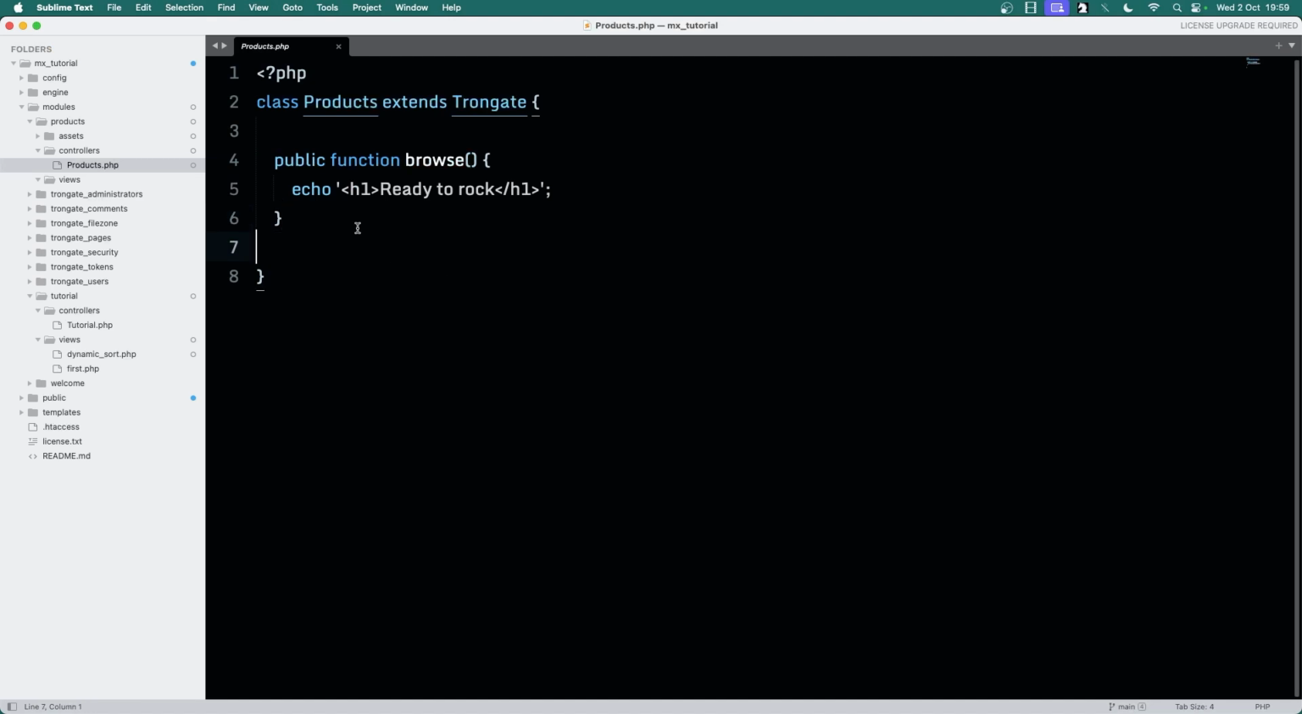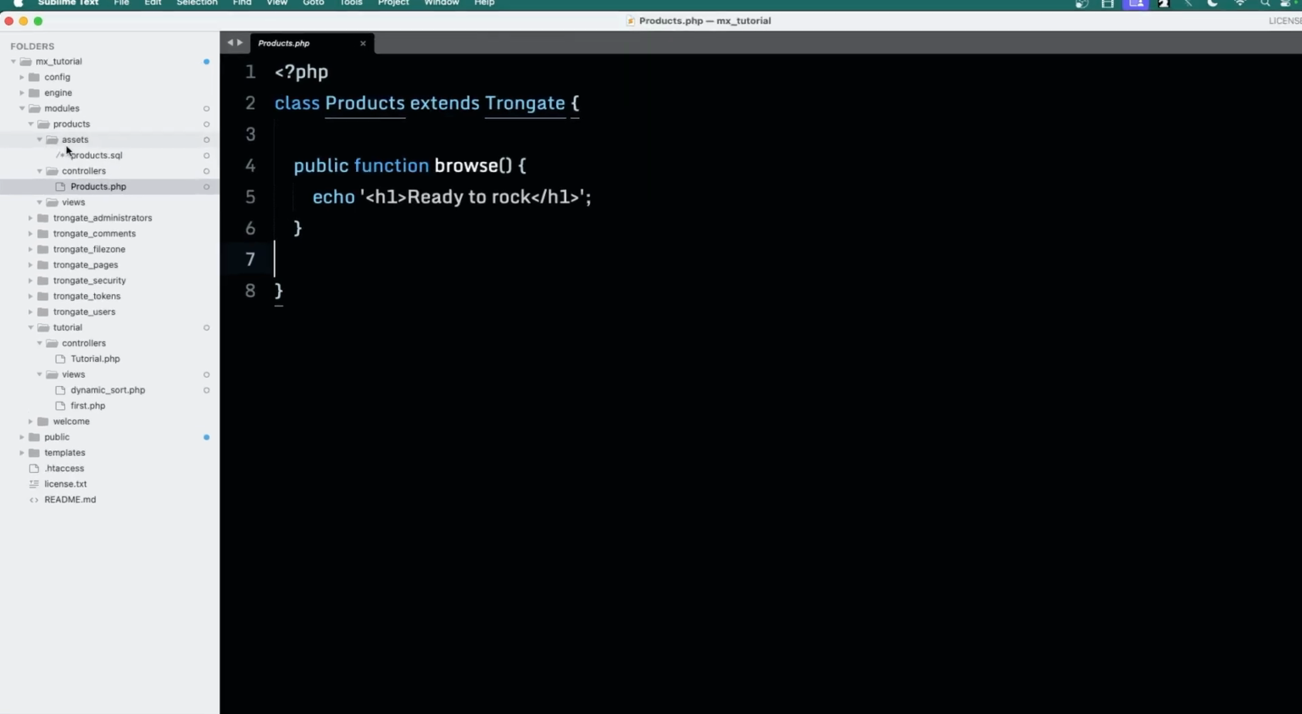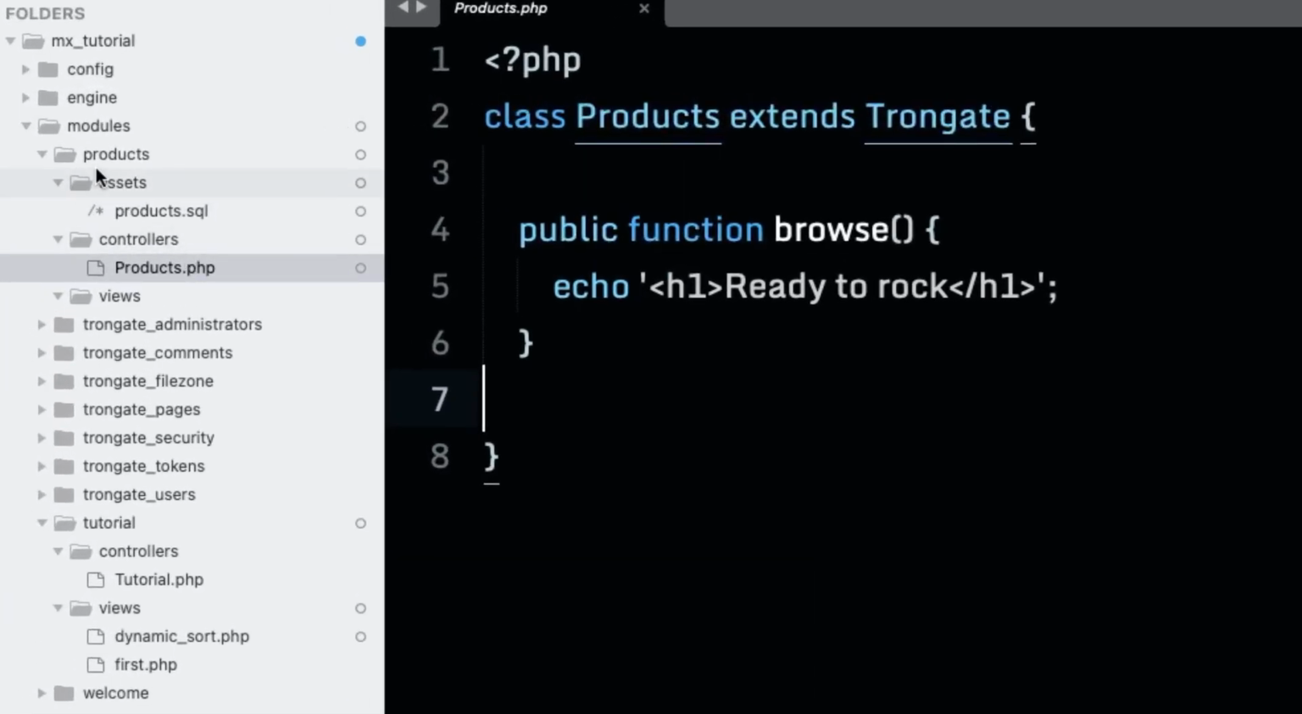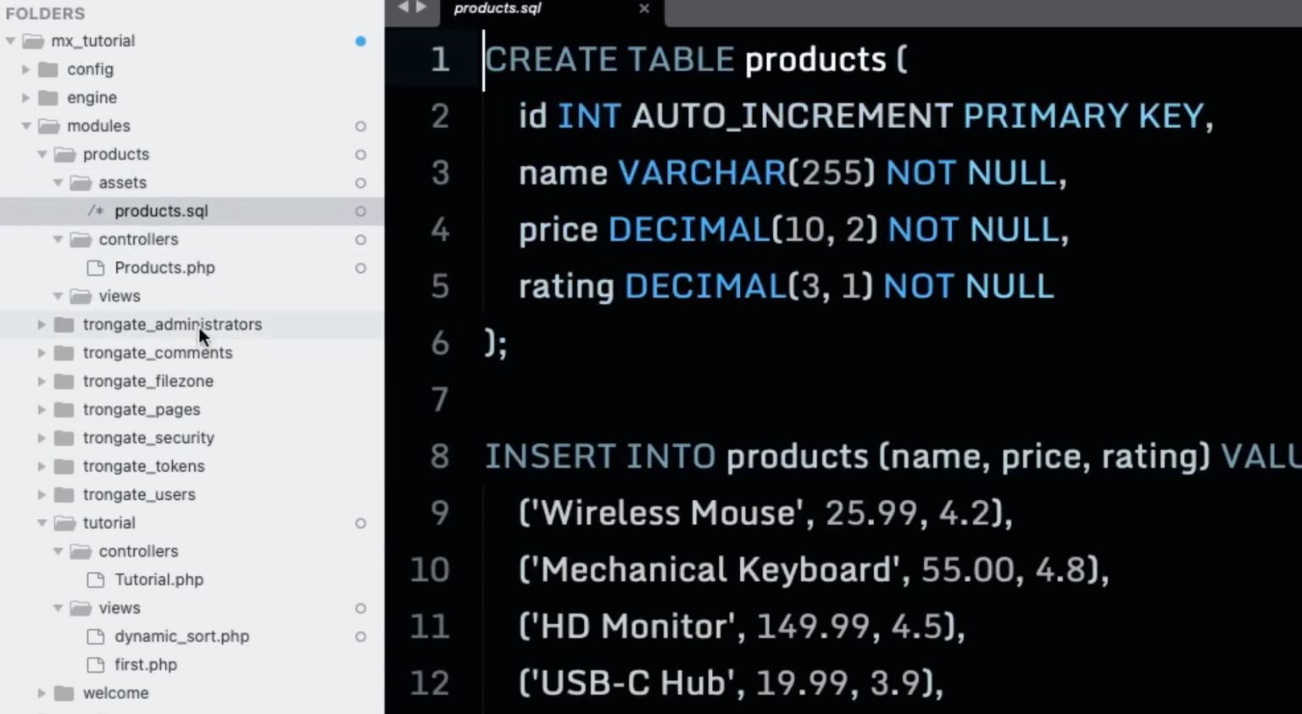Okay, so now allow me to introduce you to this thing that I've created, but you don't have to create this, okay? I've got an assets directory here with a file named